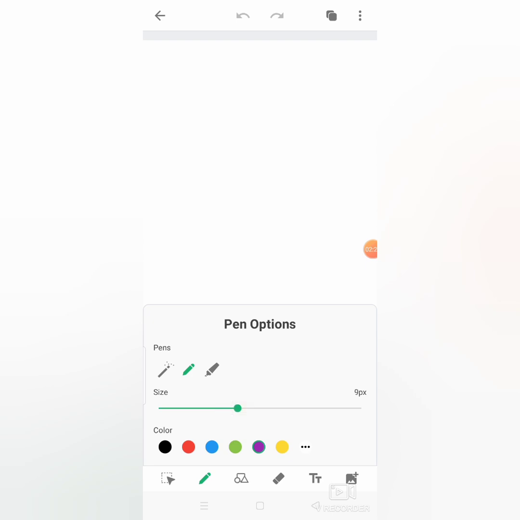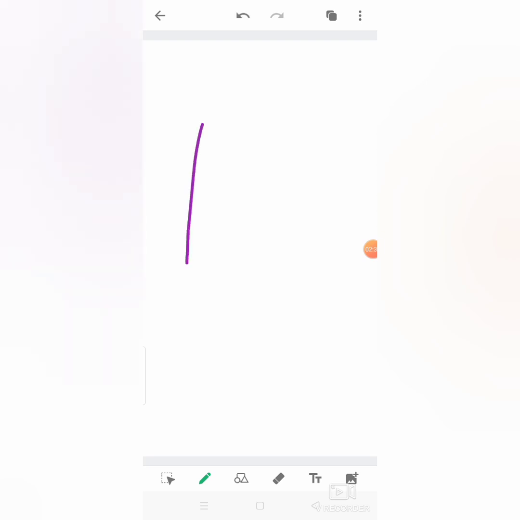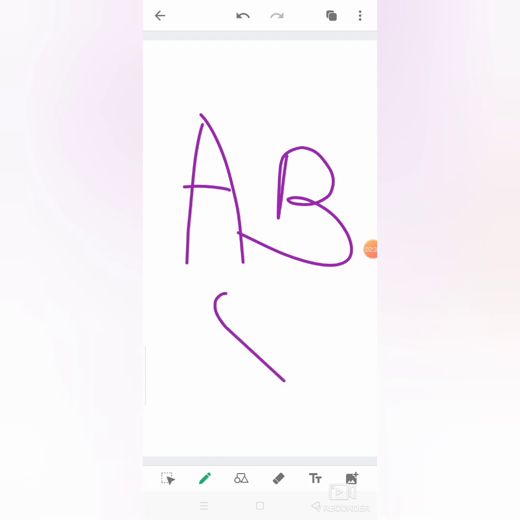and go to the board and drag your finger or any pen if you want to write anything, like this. Okay, by using the pen. If you want to erase it, we have an eraser, see beside shapes and the double T option. Click on it and drag your finger on it, it will erase.